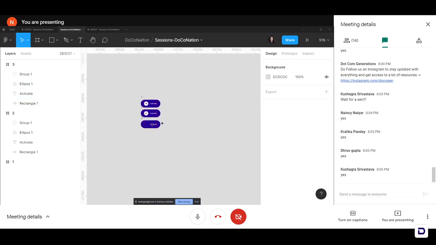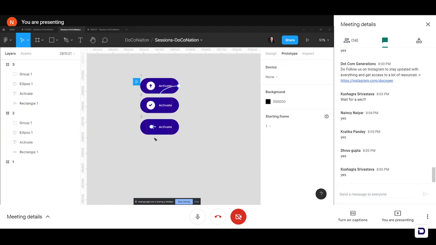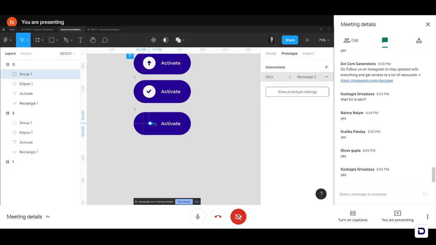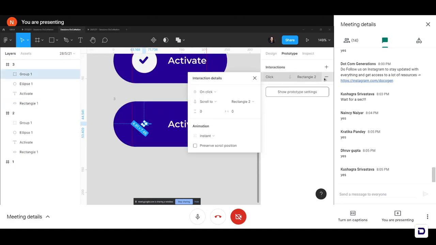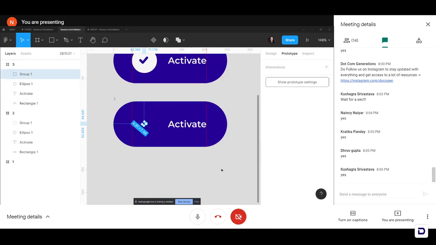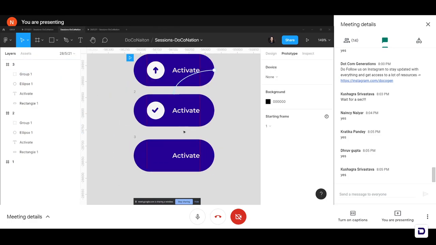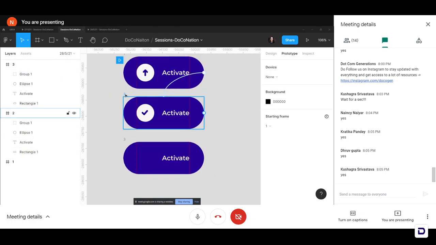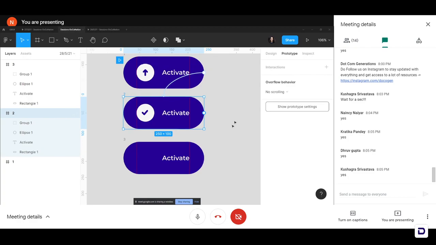And let's see, let's click on prototype on our right side. And in this frame, I think we've added an animation by mistake. Let's remove that. Okay. So now we'll be clicking on our second frame and we want it to move on to our third frame when we click on it. When you hover on it, you'll be able to see this little plus icon. So we'll drag it and bring it to our third frame.